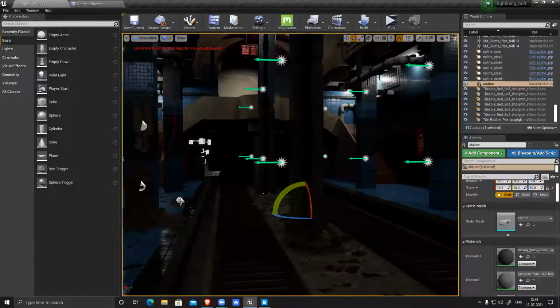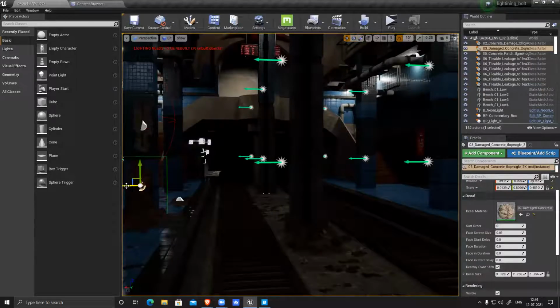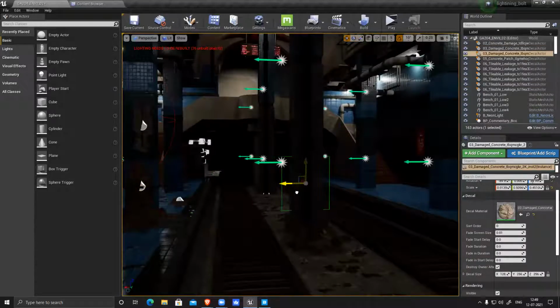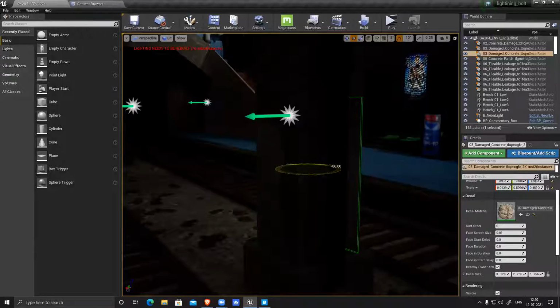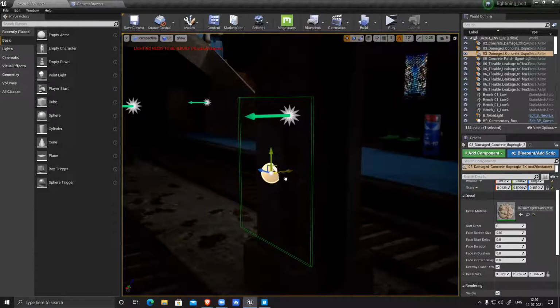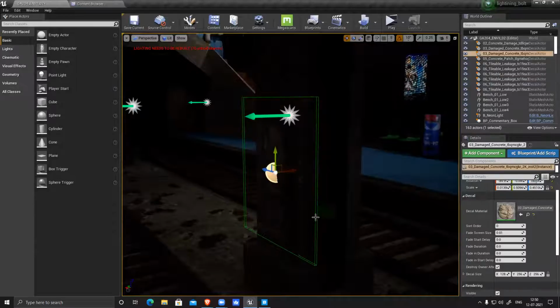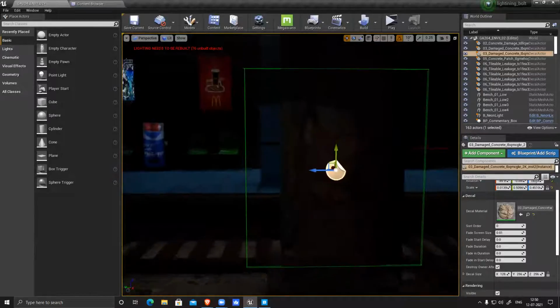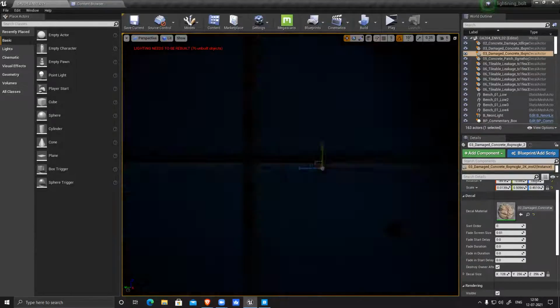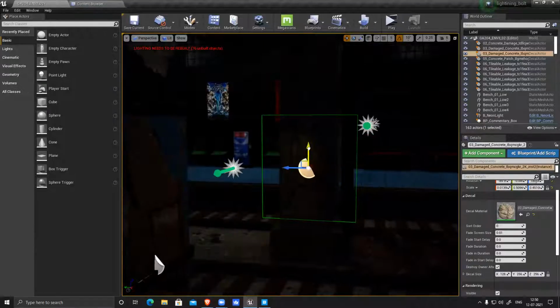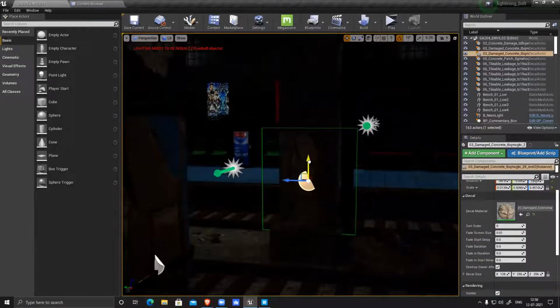Let's see, I want to use this decal map. Placement, align it. Excuse me, sir. Yes, tell me.